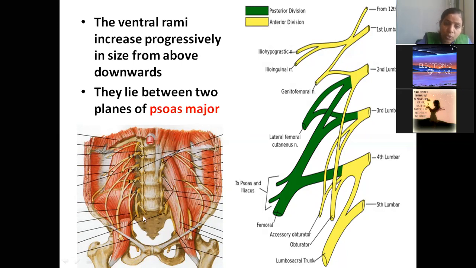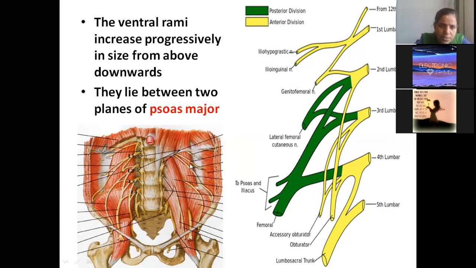That means once you cut this psoas major, you will see all the branches of this lumbar plexus: iliohypogastric, ilioinguinal, genitofemoral, femoral, obturator. Lower down, with L5 remaining, the sacral will join to form sciatic. So all these nerves. First one would be subcostal, the last one of the T12.